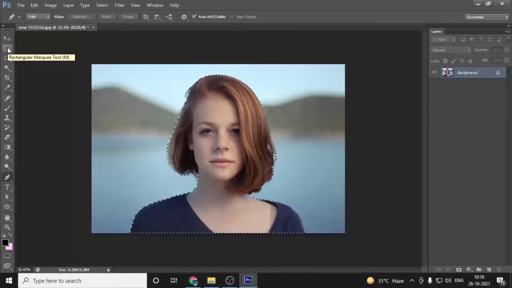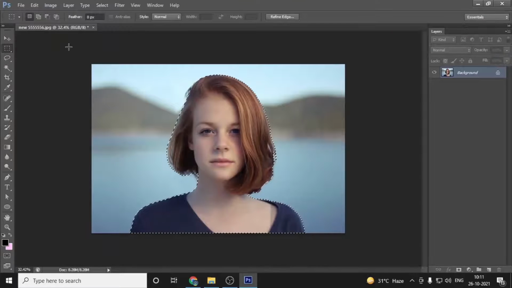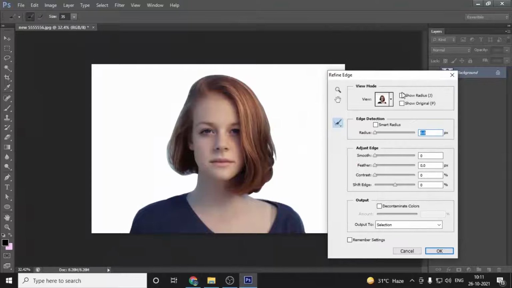Now I am showing you something that I don't think anyone will show you. Select the rectangular tool. You can press M to select the rectangular tool and refine edge. I will show you what the refine edge does. Radius, let's give radius, I think this. Smoothness, feather.